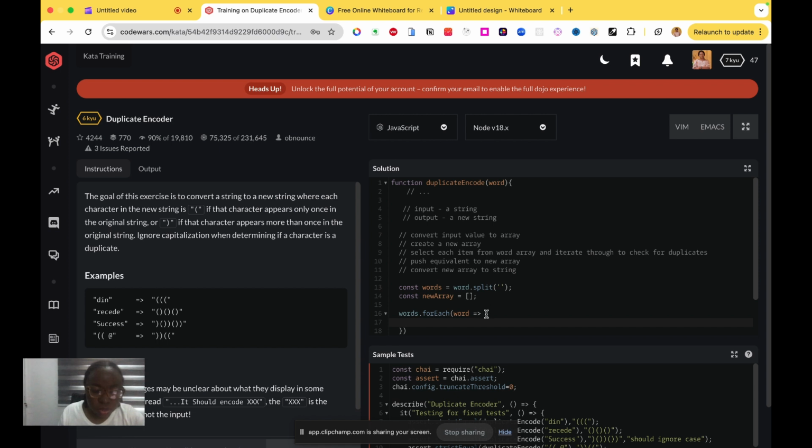Okay. So how do we check for this duplicate? What comes to mind is to filter. Let's filter through what we have basically. Just connect to my charger. Filter through to see if a duplicate exists. We're going to say const rest something, and then we say chars or words dot filter,